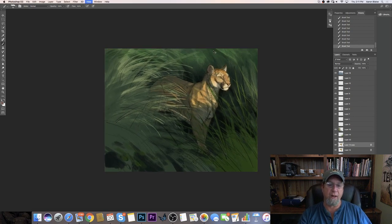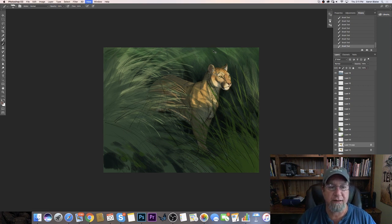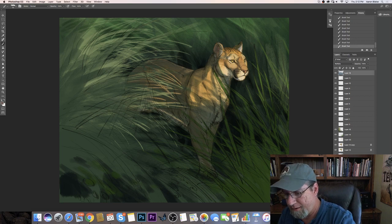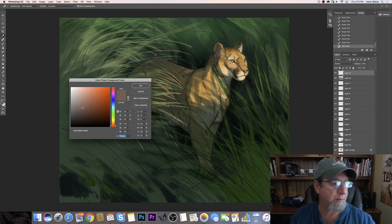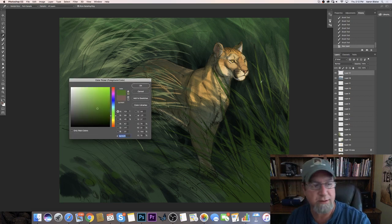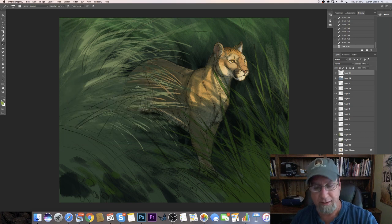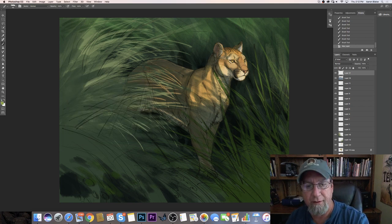And right away, your eye goes right to that head. That's the area of most contrast. He's sticking his head into the light. But there's going to be other things like this. I'll create a layer on top here, and let's grab some of this color, and we're going to go really warm with it, like this. And we're going to have places where,